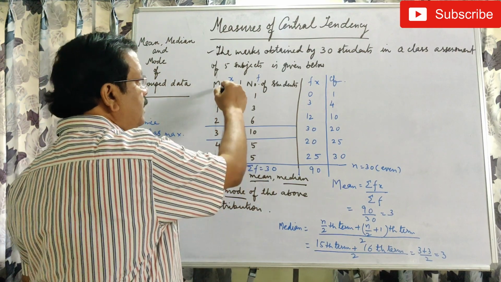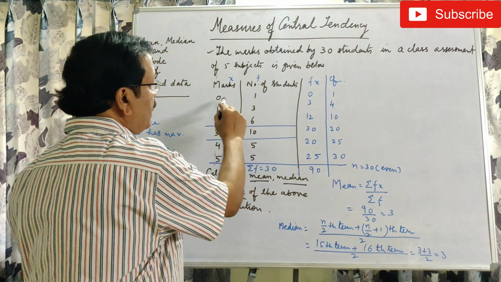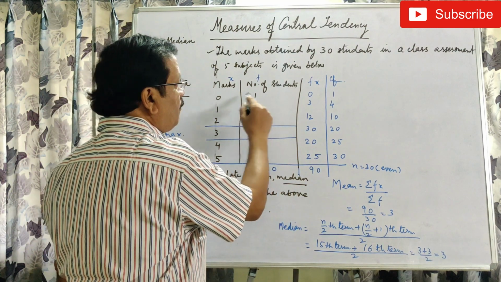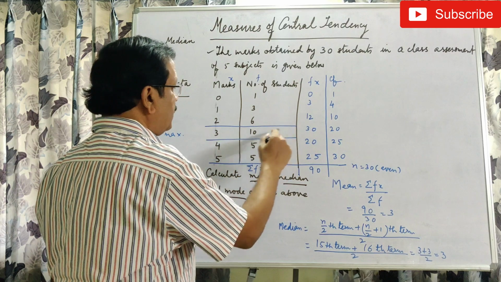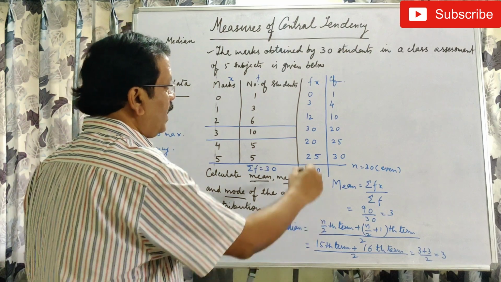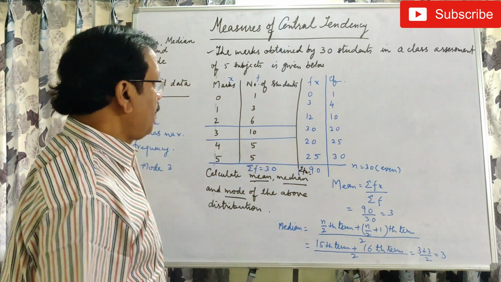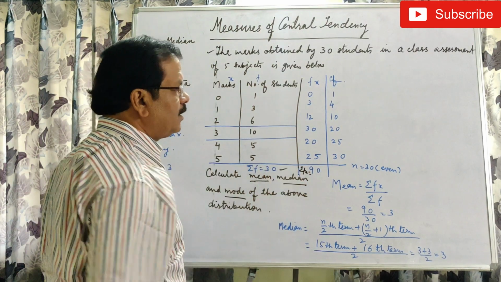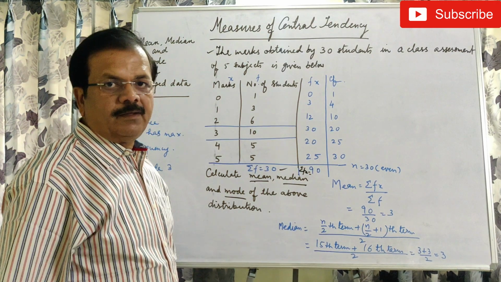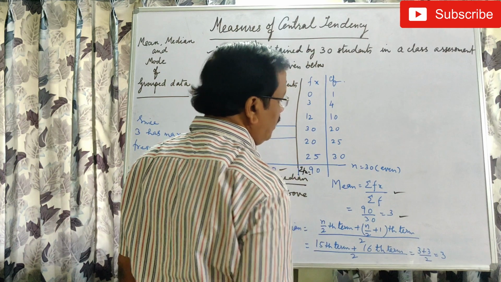Now here these are the variates and these are the frequencies. Each variate has a different frequency, and that is why we'll multiply f1 x1, f2 x2, f3 x3, f4 x4, f5 x5 and f6 x6, and we are getting the summation fx equal to 90. Once we add the frequencies we get 30, and we can simply apply the direct method of finding the mean, sigma fx upon sigma f, that is, the mean is coming 3.